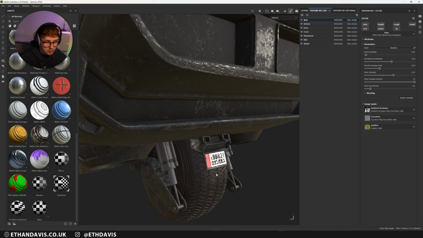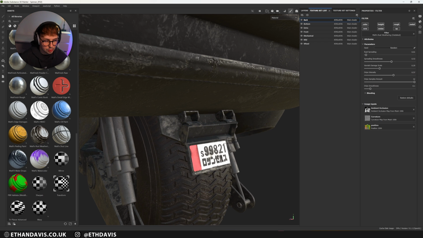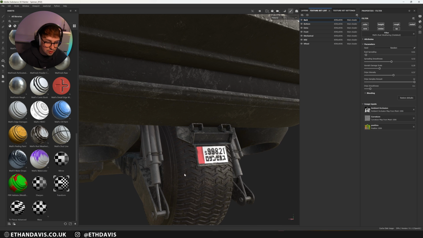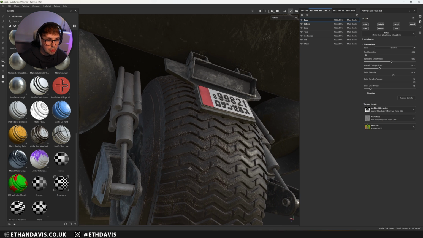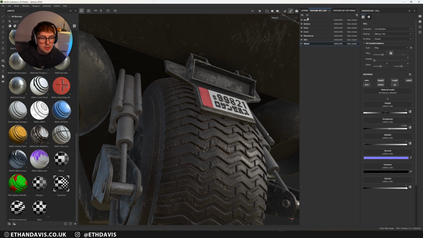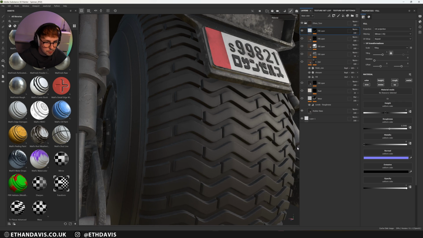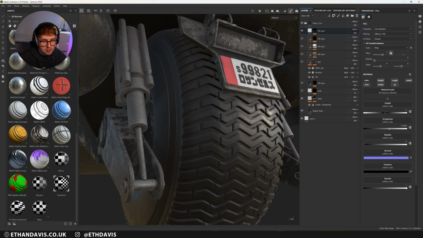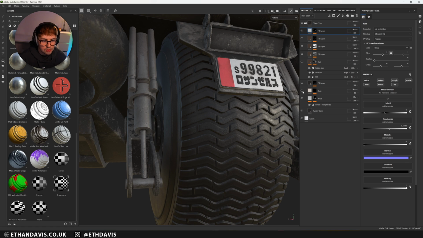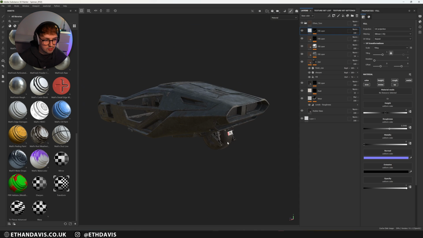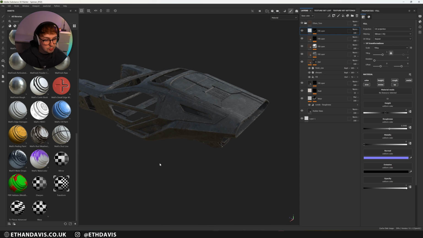The red I actually did in Blender. So I overlaid loads of grunge textures in Blender. I just thought it would be easier. The wheel, let's have a look at the wheel. I think this is just a standard tire. Yeah, rubber base, and then I just overlaid loads of dirt. So I did a wear layer just to add that rubber groove. I did some dirt, and then I just started going to town on the dirt that was in the crevices and stuff. But super simple.